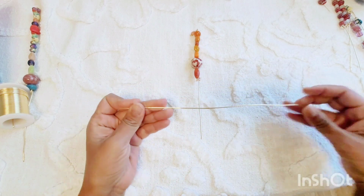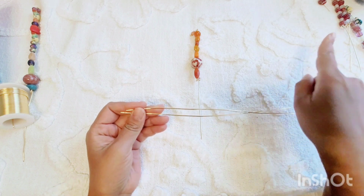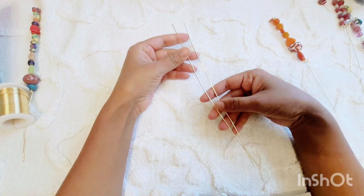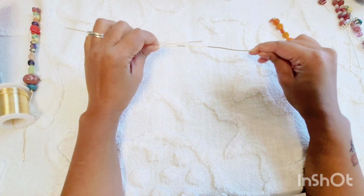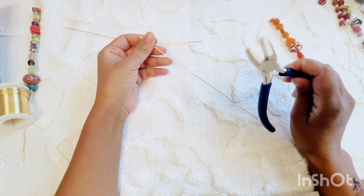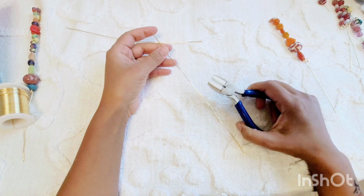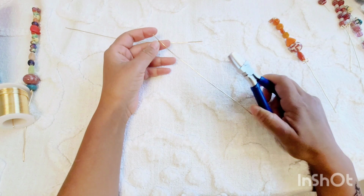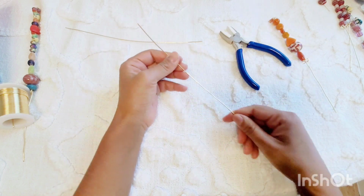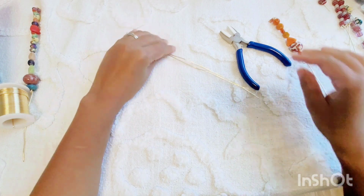So here I've already cut a couple pieces of them. I've actually made a few here, which we'll go through in a little bit. But so I have a couple 10 inches long wire here. You want to straighten it up as much as possible, and to do that you can use your, what are these things called? I forgot, but one of these things. And once you have your wires as straight as possible,